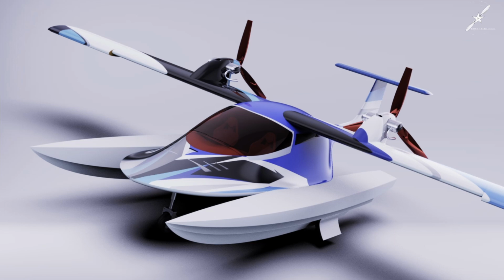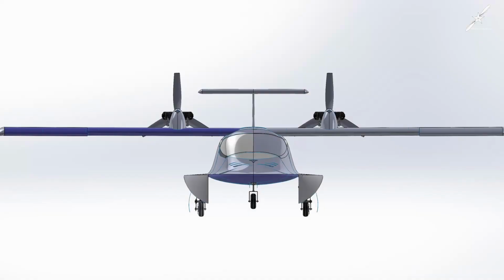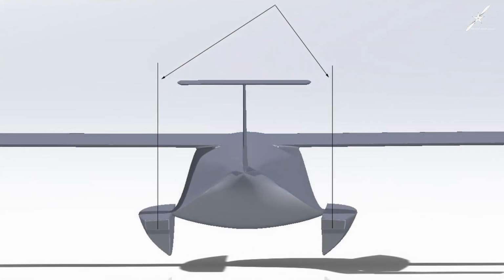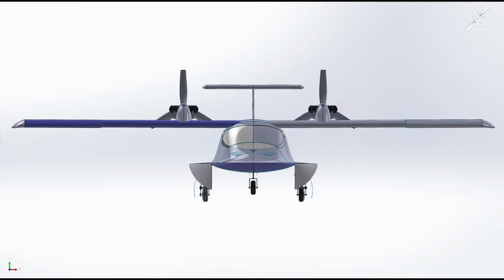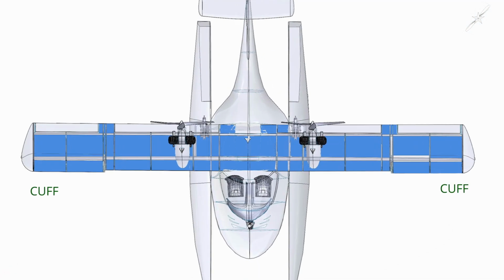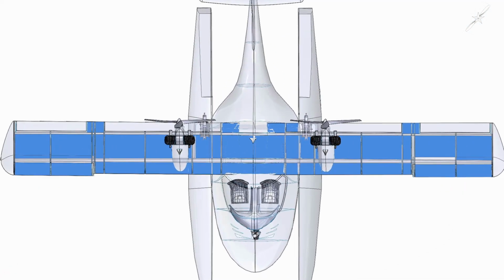You may have also noticed the horizontal stabilizer, the elevator, the vertical stabilizer, the rudder, and the wings were all made longer. We also added the actual airfoil shape to the wings. At this time, we are planning on using the NACA 2415 airfoil with leading edge cuffs on the outboard sections of the wing. The wingspan is 45 feet from tip to tip. The area of the wing surface, which does not include the area of the flaps, ailerons, wingtips, is 161 square